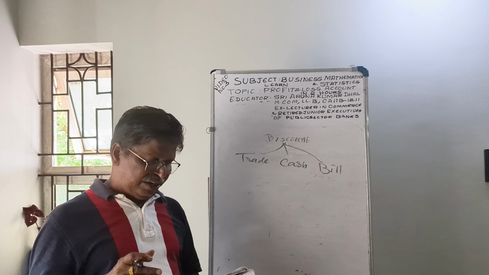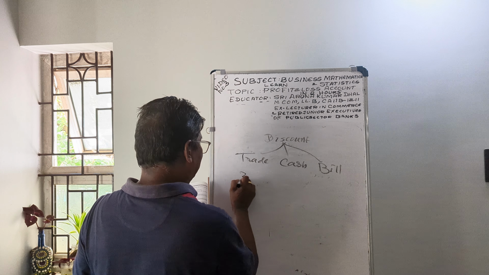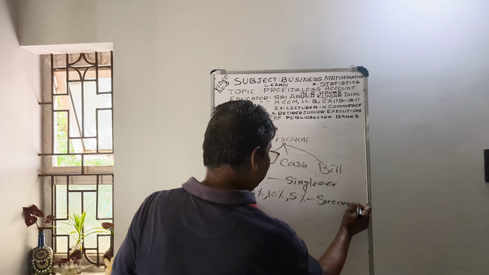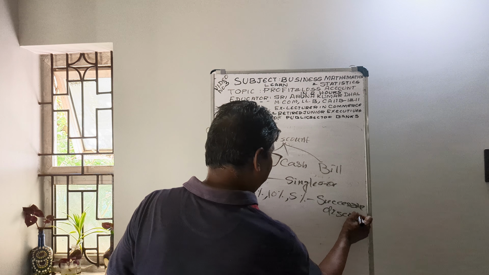It is allowed either at a single rate, like 30%. Suppose trade discount at 30%, that is a single rate. Or at different rates in a successive manner, like 15%, 10%, 5%. That is known as successive discount. This is single discount first, second is successive discount. Single discount is always beneficial to the buyer, because successive discount is less, as it will be charged on the reduced sales price. For example,